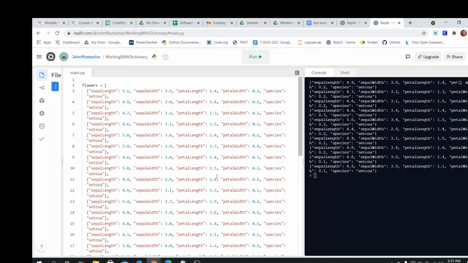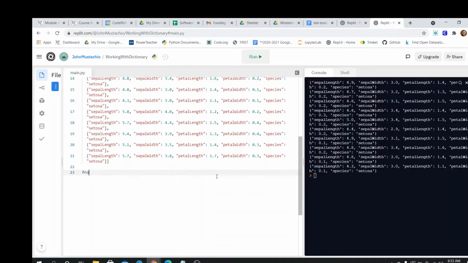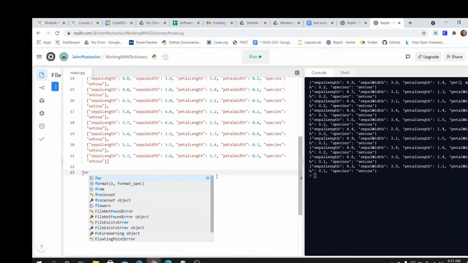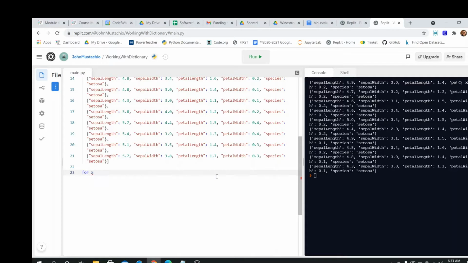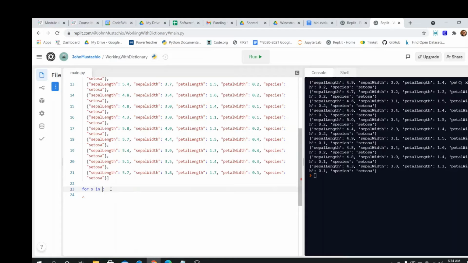What that does for me is it allows me to quickly traverse that list and find the things in the dictionaries that I need. For example, what I could say is for, and using an enhanced for loop, I'm going to give it an item name. I'm just going to call it X, the item that I'm looking for in list. So I'm going to traverse through the list of flowers, and every element that comes out of it I'm calling X. So what I'm going to do is I'm going to search for something. So I'm going to say if